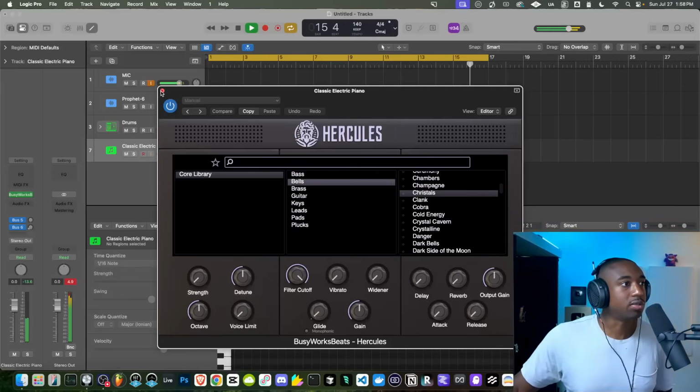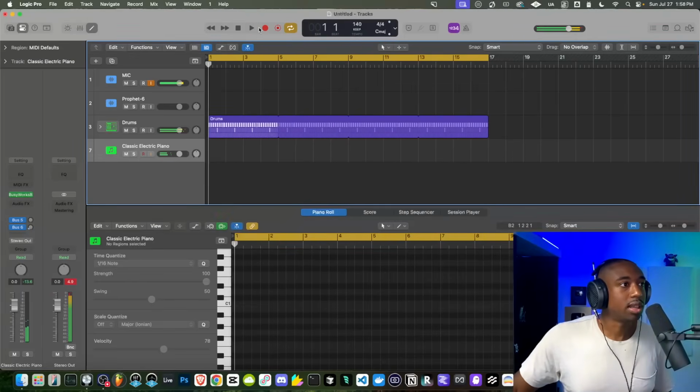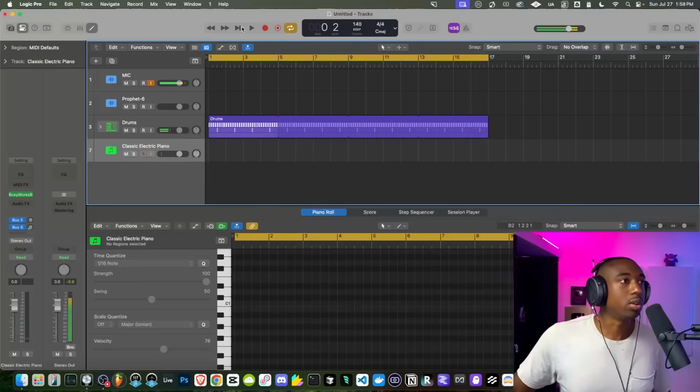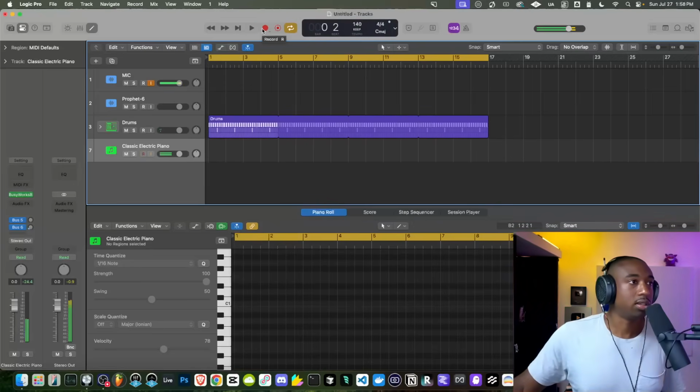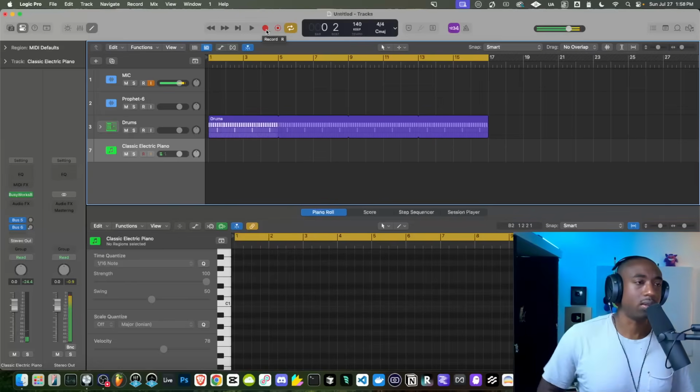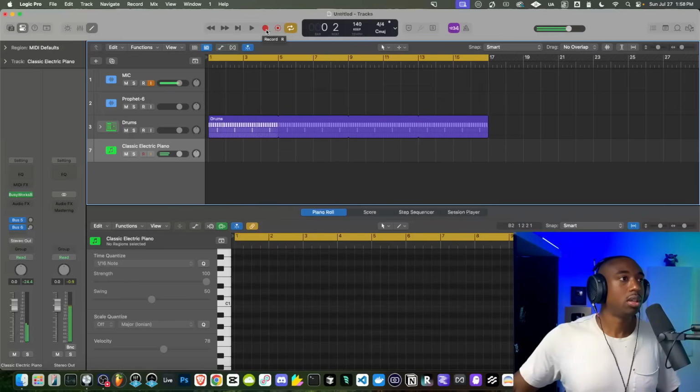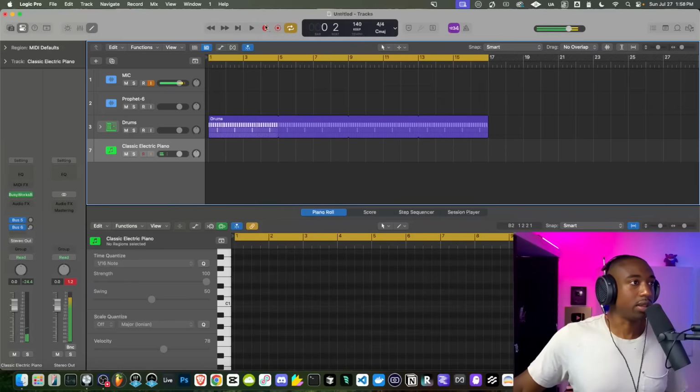Here's a cool bell, fits in this vibe. So this I like to record by hand. For melodies and chords, I don't like drawing them in. That's the only difference between this and FL. Even in FL, I don't really draw stuff in like I used to anymore. So recording this by hand is my favorite thing to do. Let's record this in.